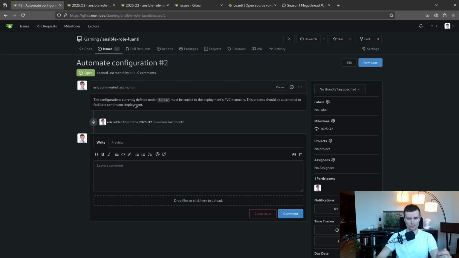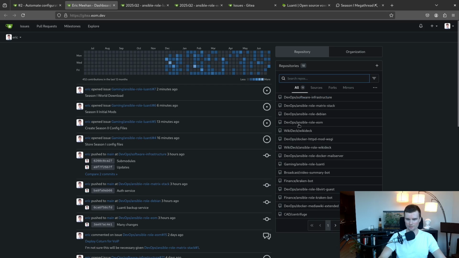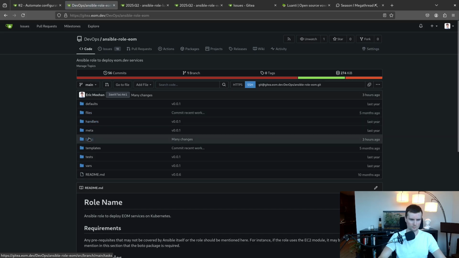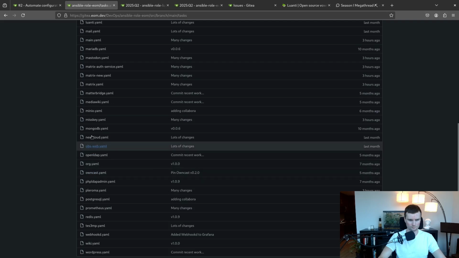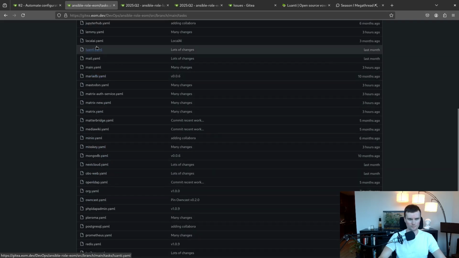a usual Helm chart. Let's see if I can find it. It won't be in gaming. The original for this will be over here. There it is.